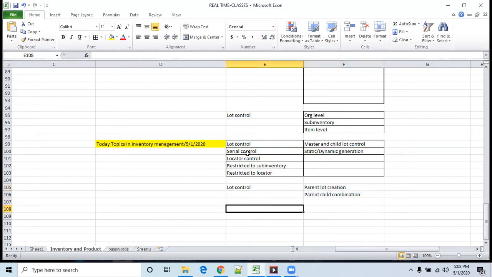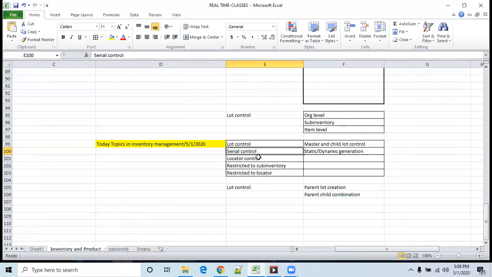And serial control, we know, means that if you want to track complete transactions of each and every item, then they apply a serial number for each item. The best example is mobiles or laptops; every laptop has a serial number.